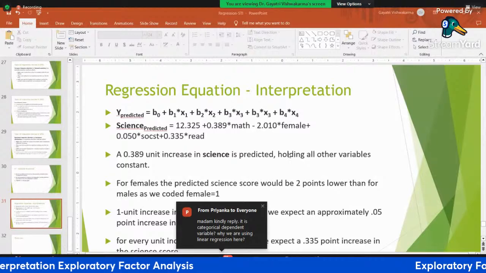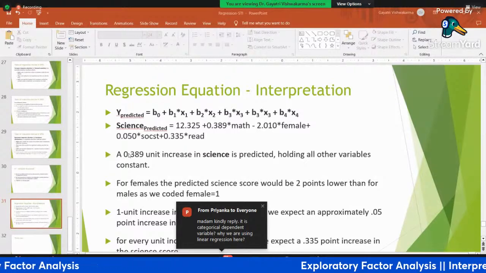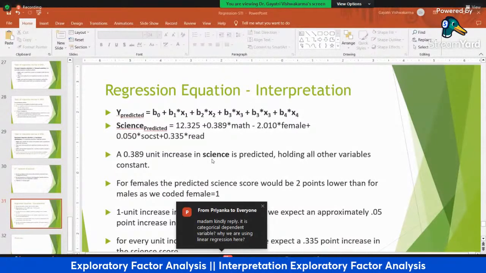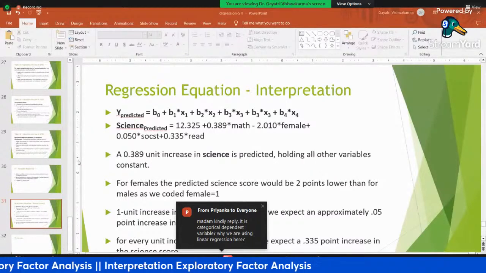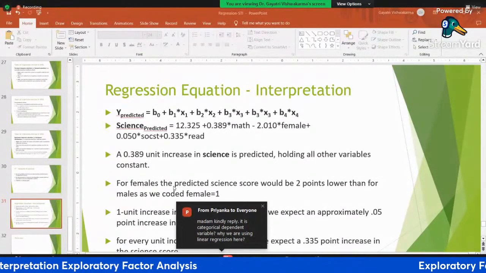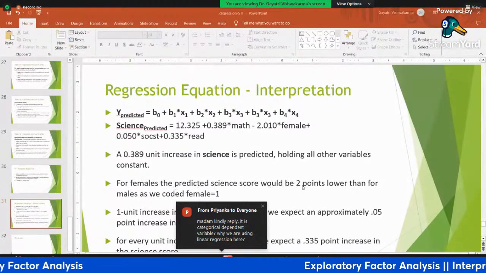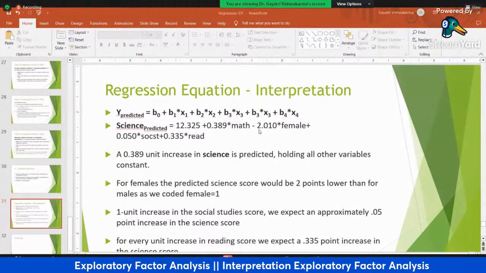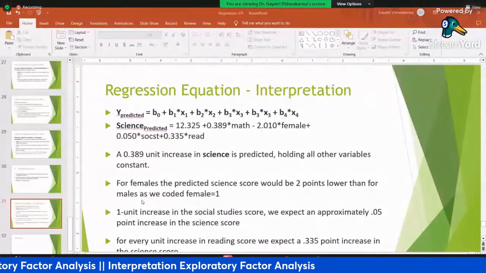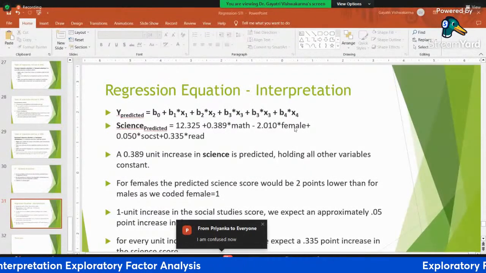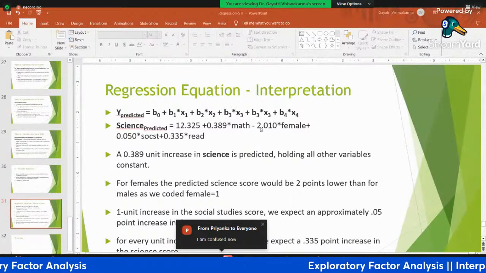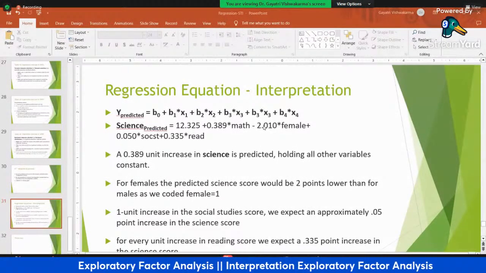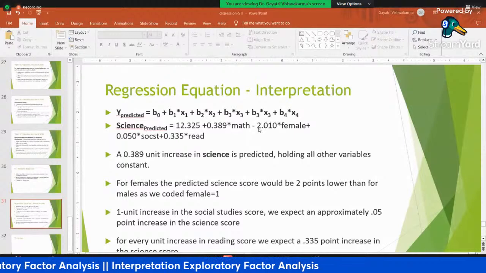And how you have to interpret: a 0.39 unit increase in science is predicted, holding all other variables constant, for maths. And for female, the predicted science score would be 2 points lower than the males, as we coded female as 1. It was coming earlier as -3.5 something, and here with these variables it is -2. If we want to interpret for the male, we have to code it differently, so that coefficient will change. It will be positive if you just change the coding.